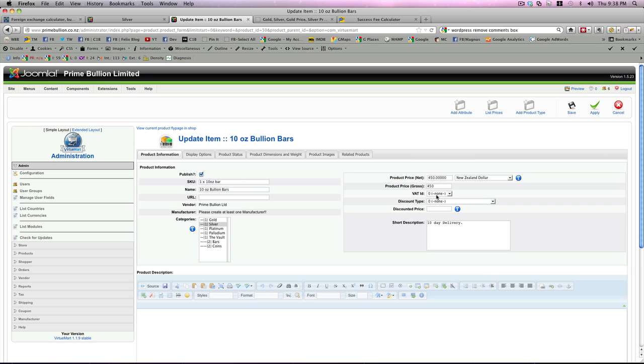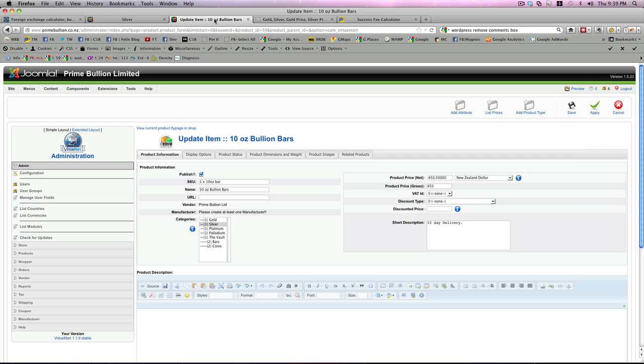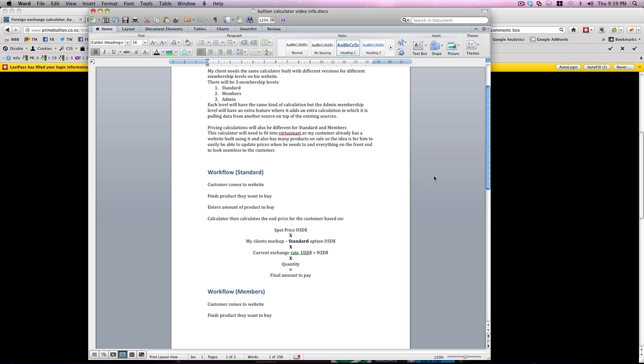So he can enter 2 different amounts, so that when people log in with different membership levels, they can then have the different price. So say if I want to sell this 10-ounce bullion bar to standard members, so people who aren't part of my gold circle group, I want to sell it to them for $150. Then for my members, who are special clients of mine, I want to sell it for $100. So I'd put 150 up there and 100 there, and that calculation there would get taken into account with the